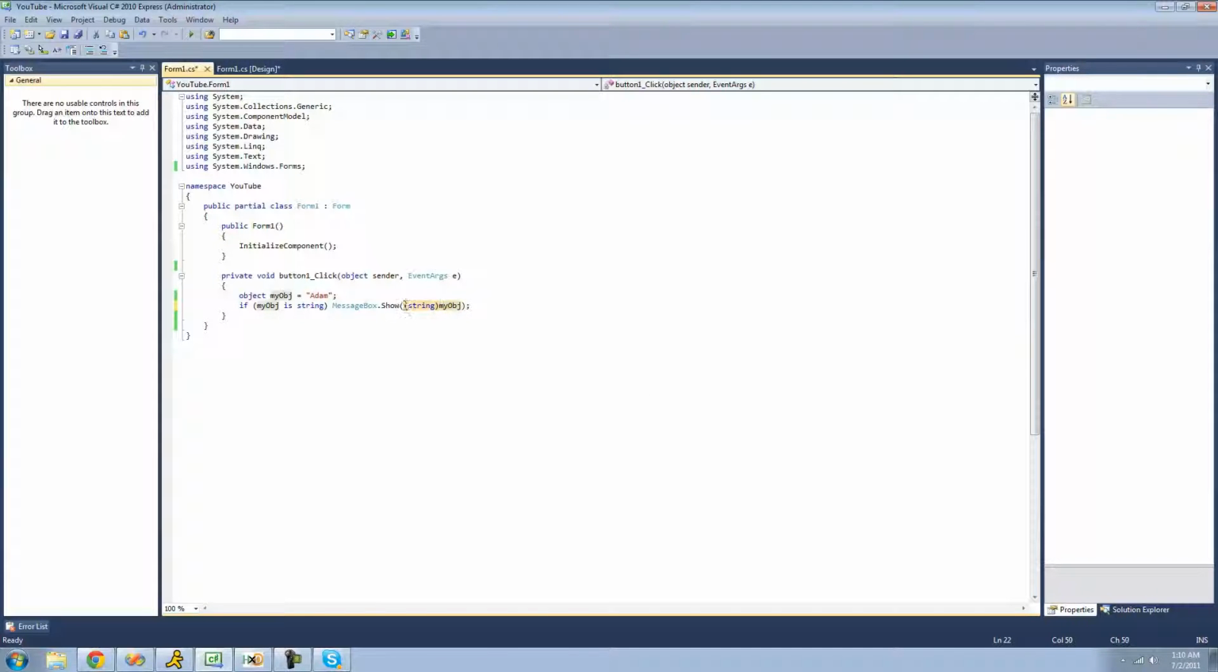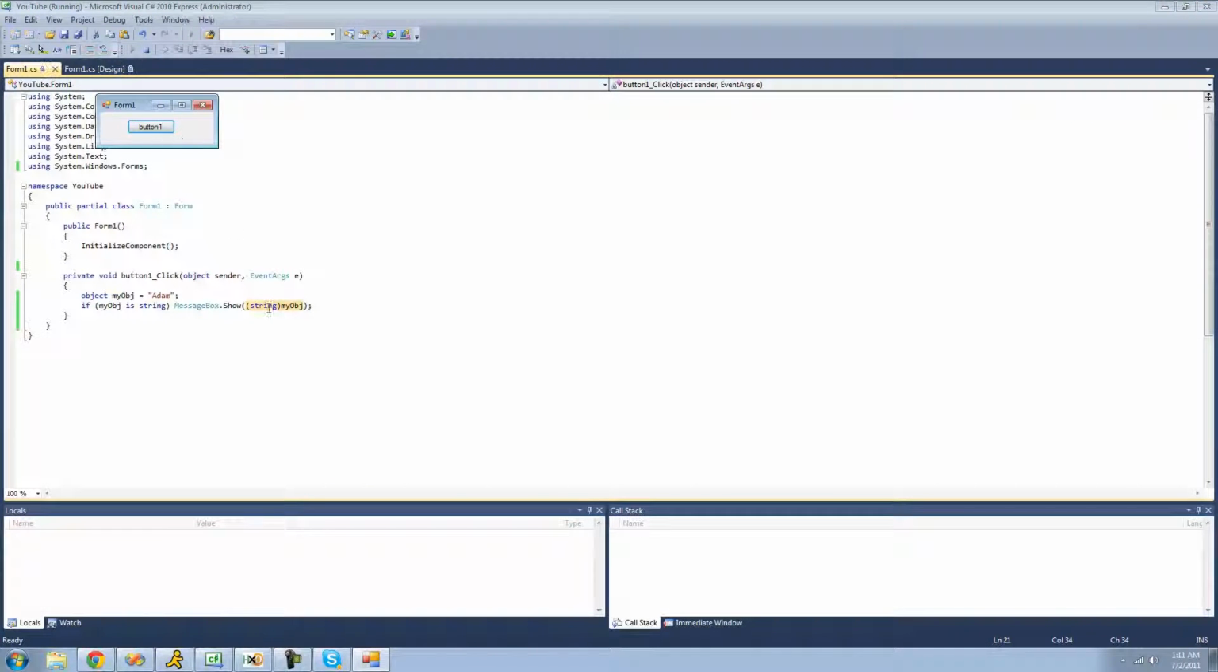And the only way that you'll be allowed to use this cast operator is if this returns true, if you have an if statement using the is operator to check if your variable is another type of variable. So like if we tried to cast this as an integer, it wouldn't work because this is a string and it's not an integer. So now when we debug here and click button 1, we should get a message box